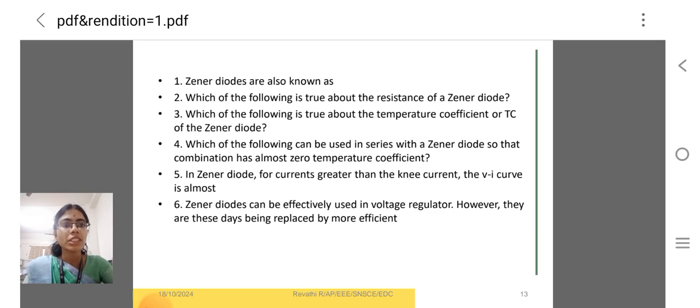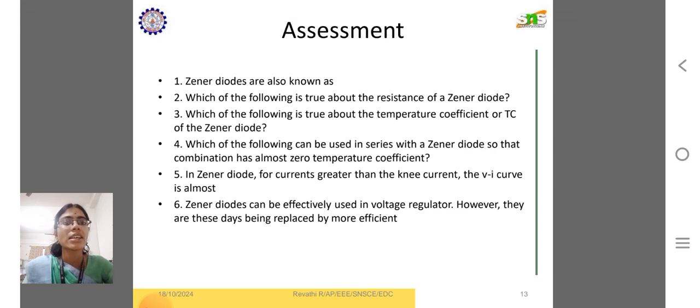Assessment. Zener diode, also known as what? Which of the following is true about the resistance of a Zener diode? Which of the following is true about the temperature coefficient of a Zener diode? Which of the following can be used in series with a Zener diode so that the combination has almost zero temperature coefficient? In a Zener diode, for currents greater than the knee current, the VI curve is almost